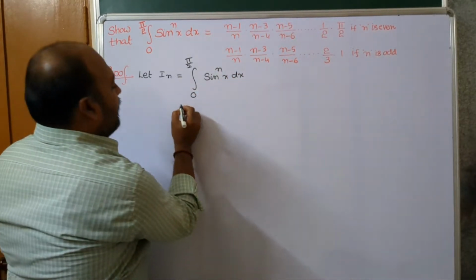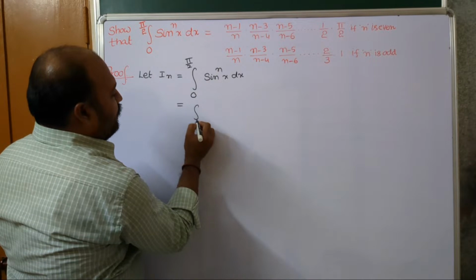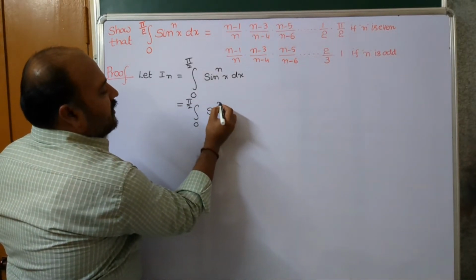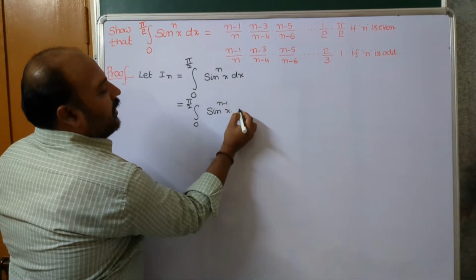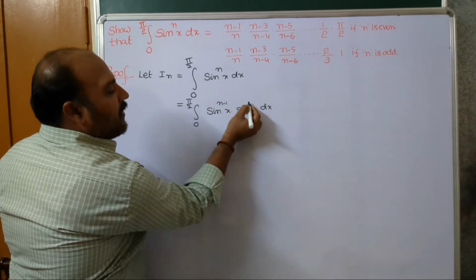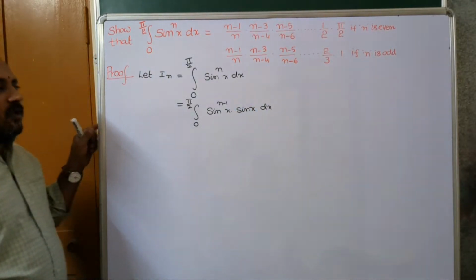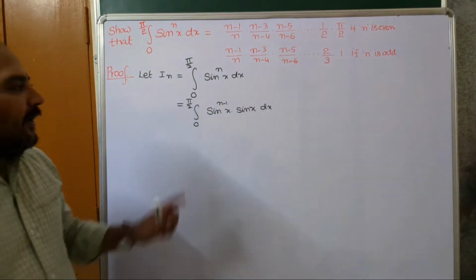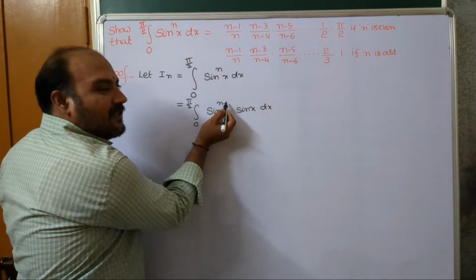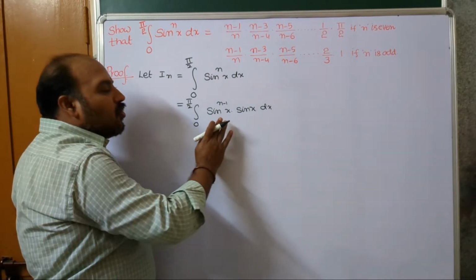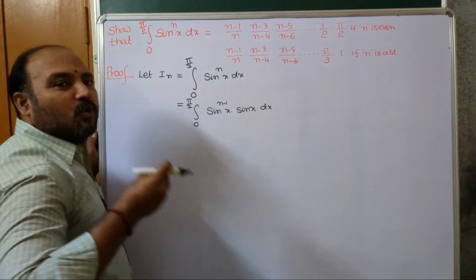So this can be written as integral 0 to pi by 2 sine power n minus 1 x into sin x dx. Sin x power is 1 only here. So if you multiply these two, you are going to get sin power n x only. In this, n minus 1 is there, no? That is the inverse related function. From this step onwards, we are going to apply